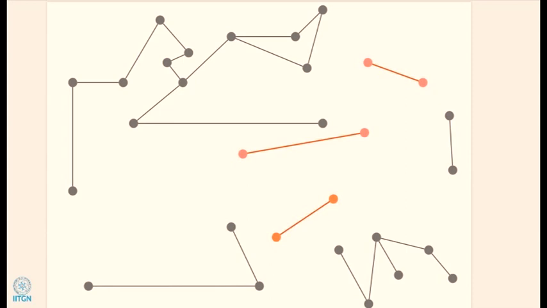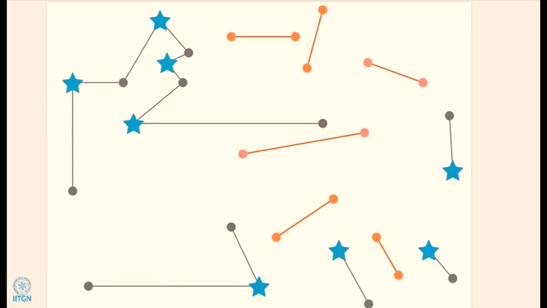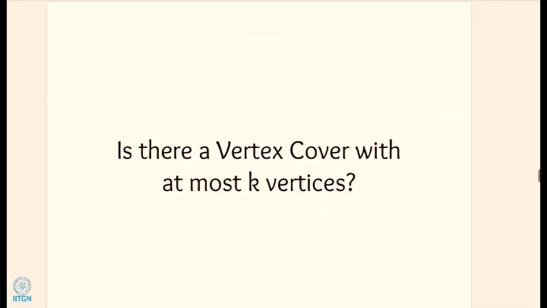I could stop when every edge is covered, but here I'm actually stopping prematurely because I just noticed that my graph became a bunch of paths. If your graph is a bunch of paths, then finding a vertex cover is easy because you pretty much pick the alternate vertices, and that's the best that you can hope to do, okay? So again, exploiting structure, just watch out for if your graph becomes simple enough that an idea emerges, then use it. You can show that this is always a 2-approximate vertex cover,